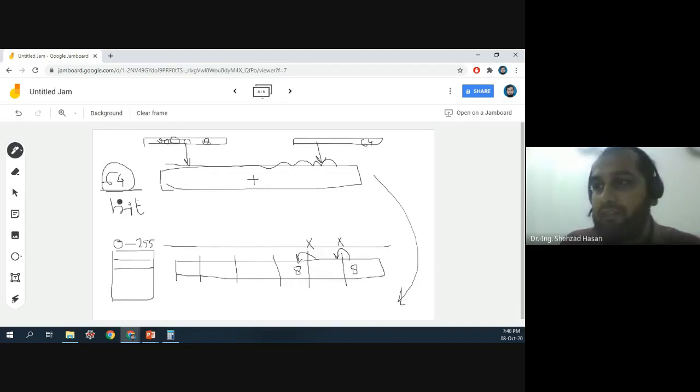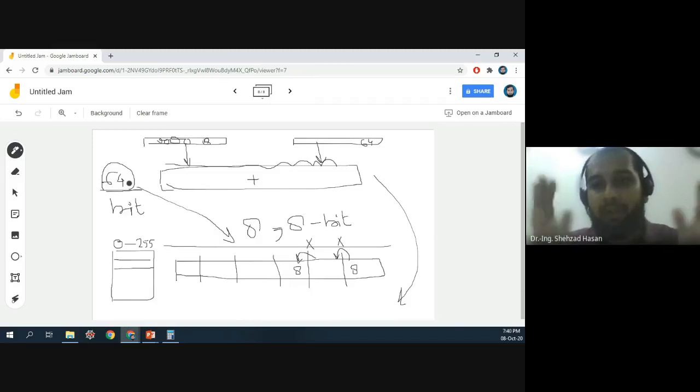So what you have converted is a 64-bit adder into 8-bit adders. Is this okay? So we have converted a bigger 64-bit adder into smaller adders, but more of them,